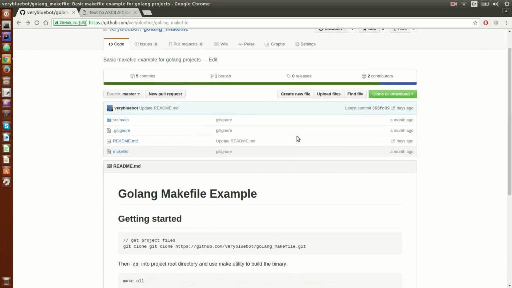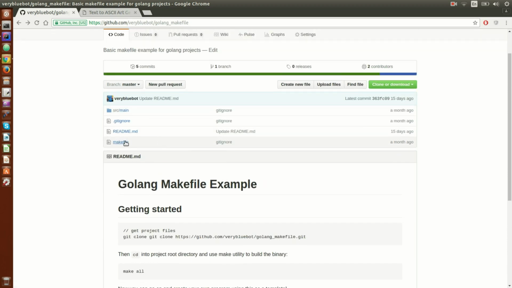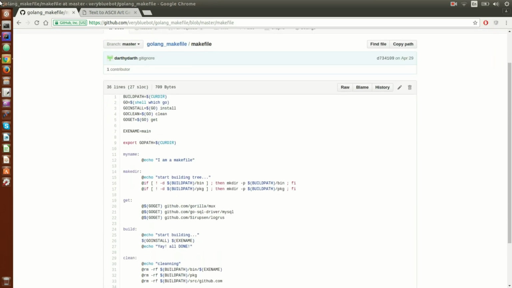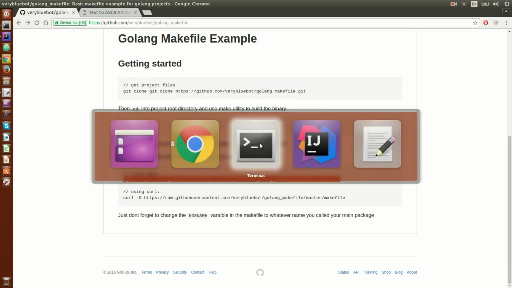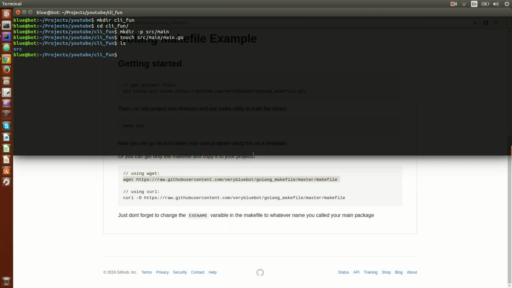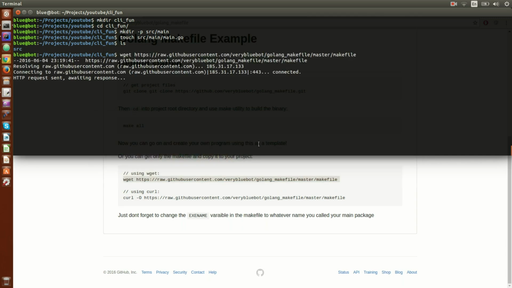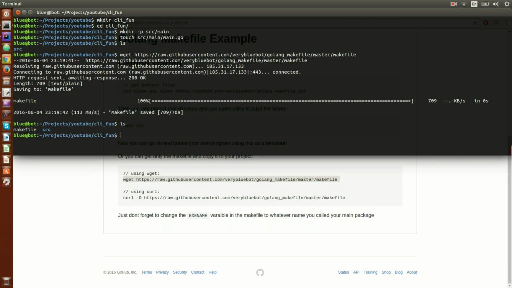Now I made a video about creating a Makefile for Golang, and if you like, I will add it in this description. And you can go and just copy it from the project. And in this case I'll just use wget and get the raw of it. Now let's go inside Vim